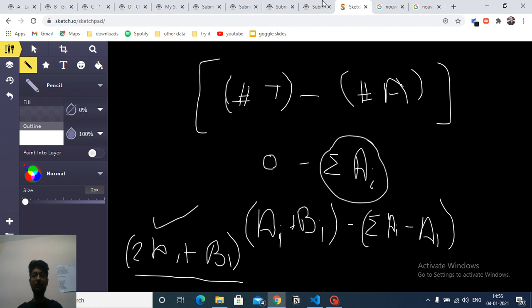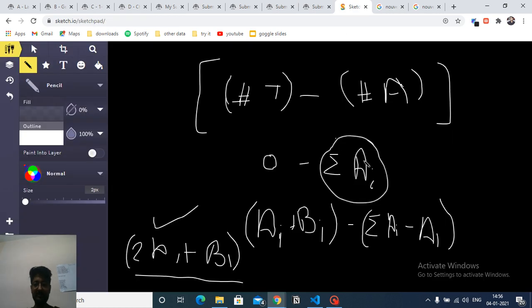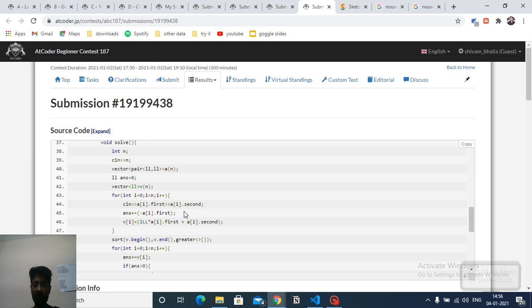I'll move on to the code part now to make it even clearer. As you can see, this is the input of n. This is a vector of pairs of integers. This is the total answer, and then what you have to do here is take the input of all the people who will give the vote. The initial value of that equation is minus of AI, because the Aoki value is the first value, so minus the summation of all the values of AI of the first.